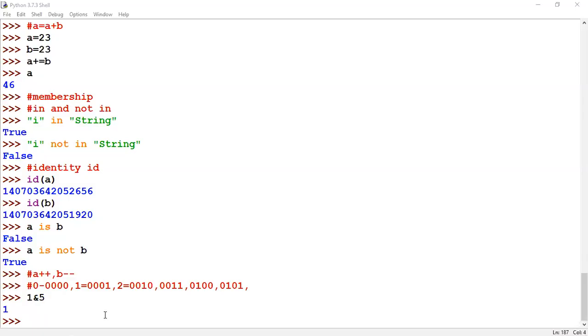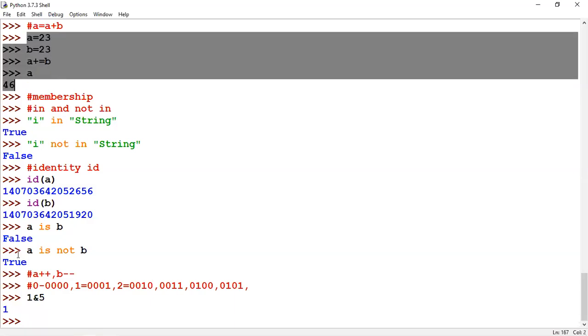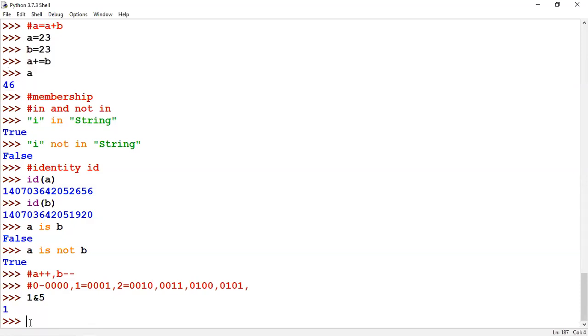Ma'am, I have one doubt. In shorthand method, can we use all other operators like A minus equal to B, A star equal to B? Yes, you can.